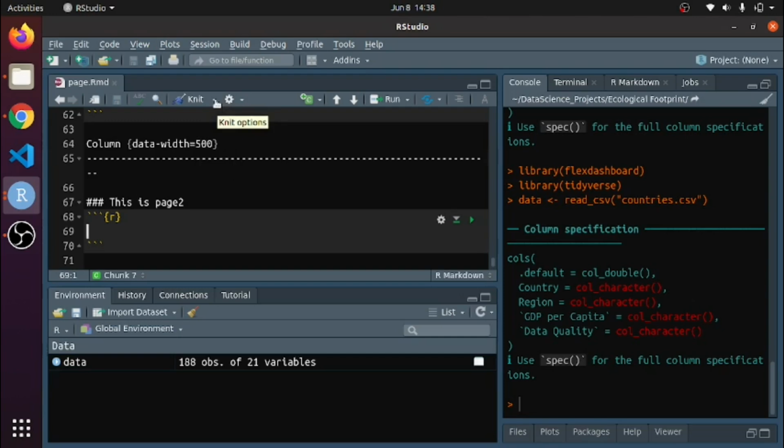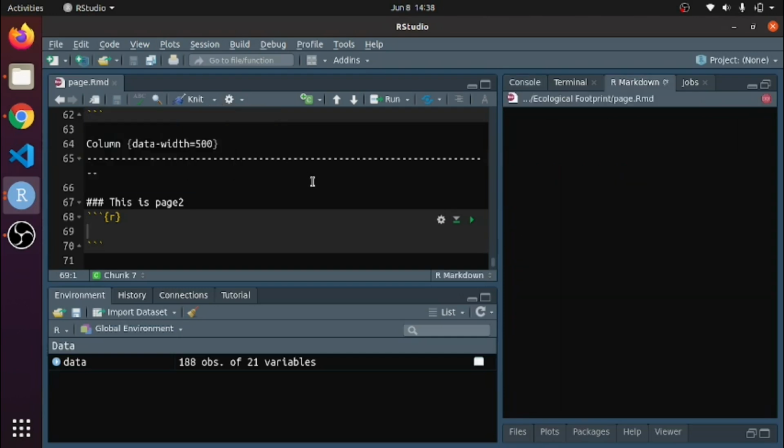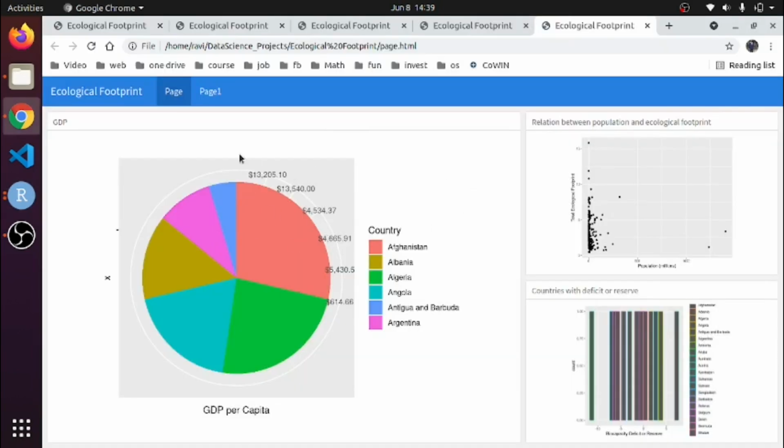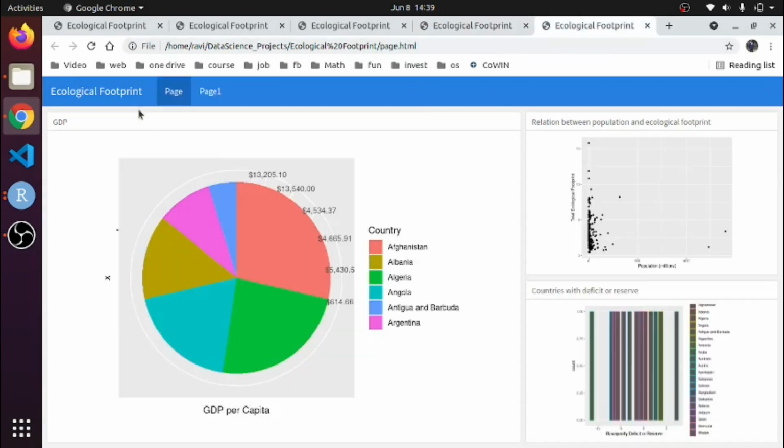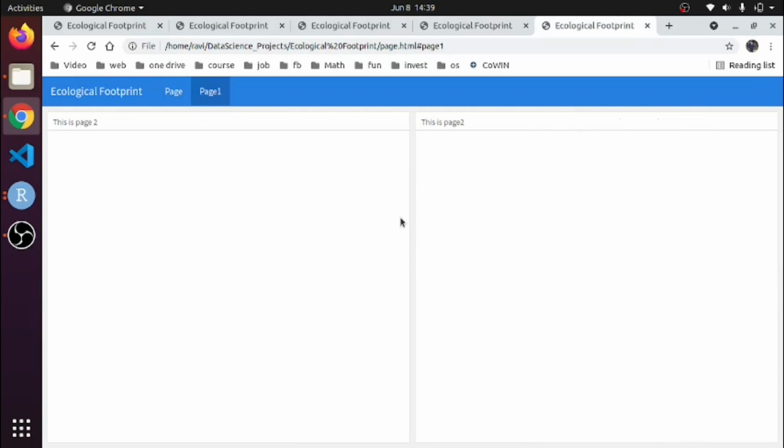When I convert this into a dashboard, you get the result. This is your page one, and if you compare with the previous one, you see some difference. This is page one data, and this is another page layout. You should know all these things for defining the layout.